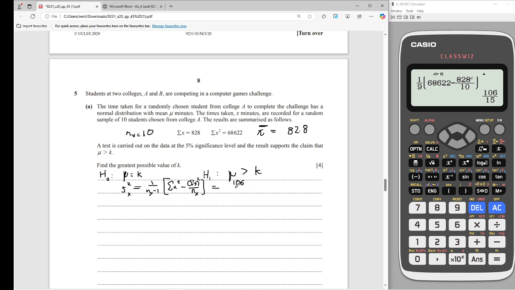So this is the value that we use in our calculator for our calculations, but what Cambridge expects is a decimal based answer that is rounded to at least 4 significant figures. Let's keep it to